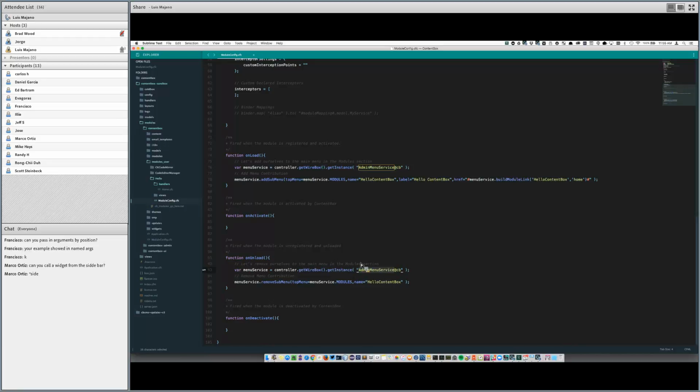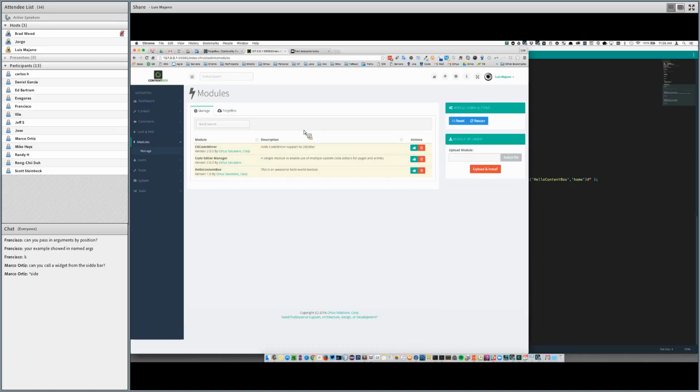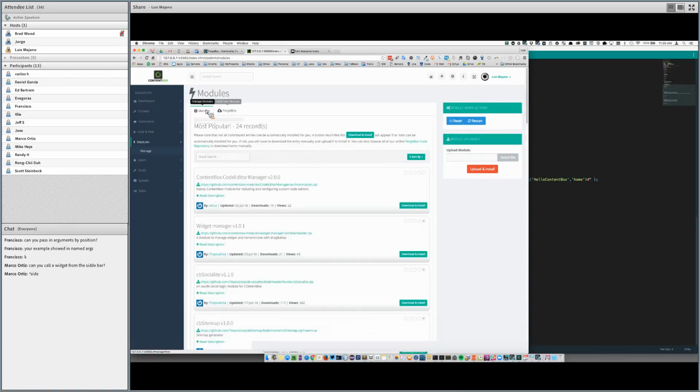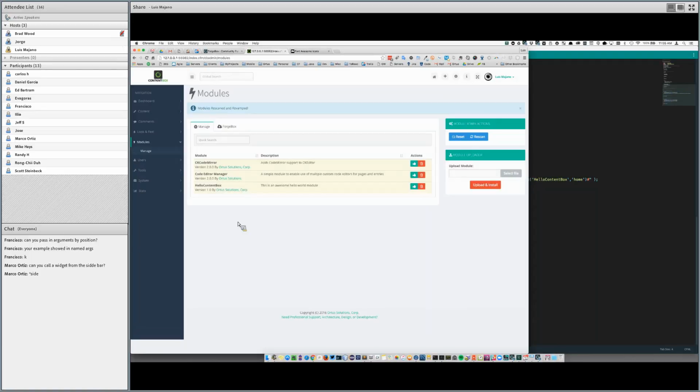Okay? So now here is the little trick. Modules within the administrator. So if you create modules that are going to work inside of the administrator, you have all the tools available for you to create links and execute these modules inside of the administrator. We do this using the CBHelper or the menu service. The menu service has the ability to help you build links that will execute inside of the module. Okay? They're all in the API docs, and it tells me with the build module link, here is the module, and here's the event that I want to execute inside of my module. So you can see here, there's the handler called home, and it will execute home.index.